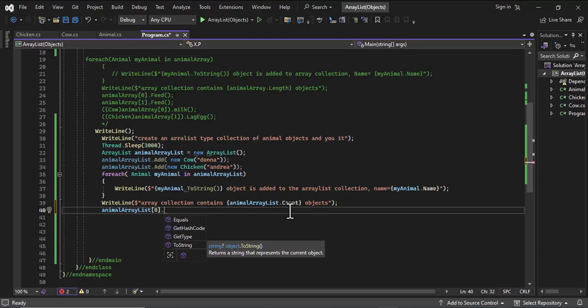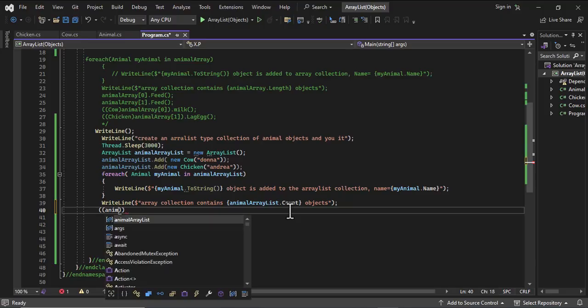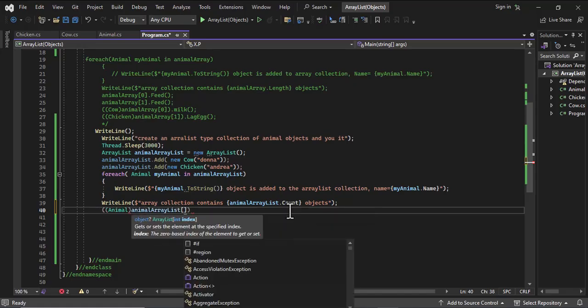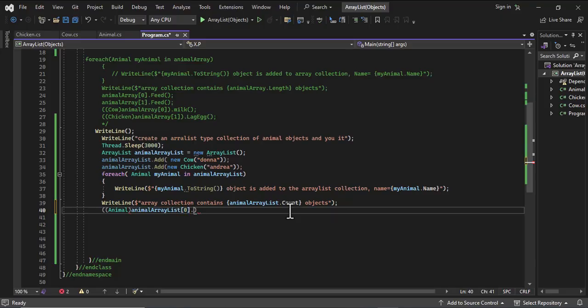You cannot access the methods that are inside of either animal or chicken or cow in this way. What we need to do in here, you need to cast. So remember how we cast. Because I want to have access to the method feed which is inside of the animal class, you are going to say animal, and then you will say animal array list at a specific position 0, and then you will say now